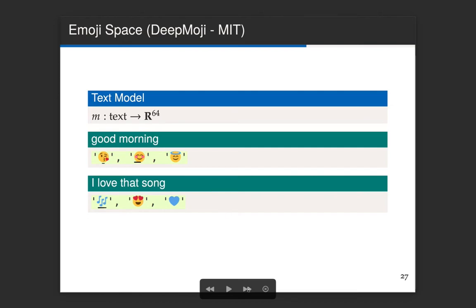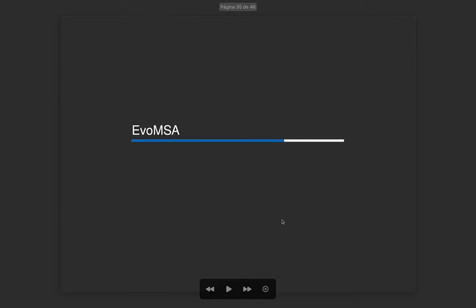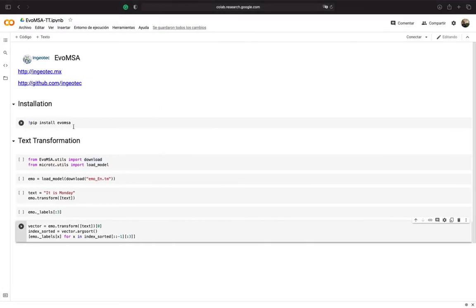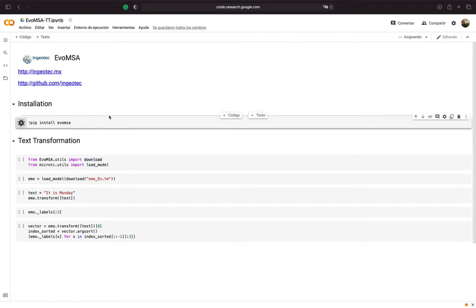I would like to make a live presentation to try to explain this a little bit more, because it's interesting, and I'm going to use one of the developments that I'm going to talk about, which is EvoMSA, and as you can see, I'm in CodeLab.